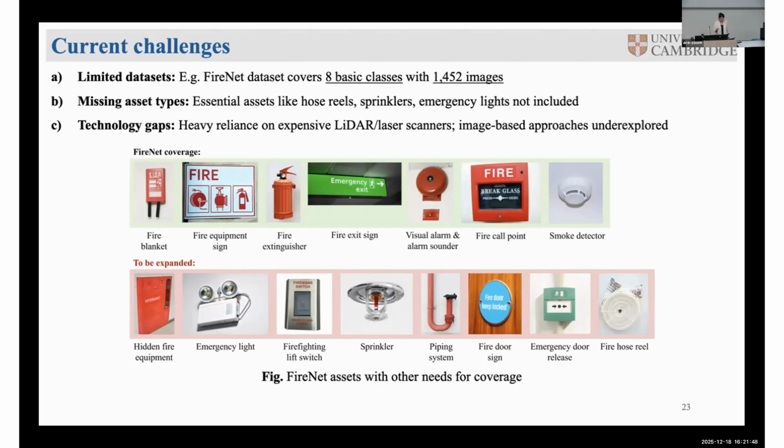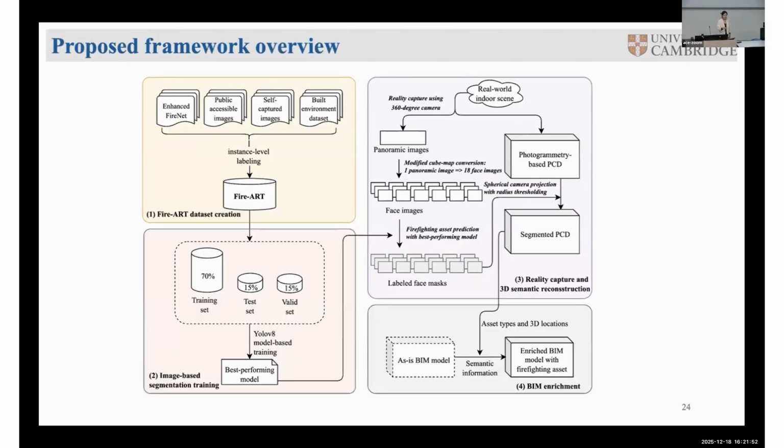So we want to explore our own way to enrich the fire asset information into the digital twin.